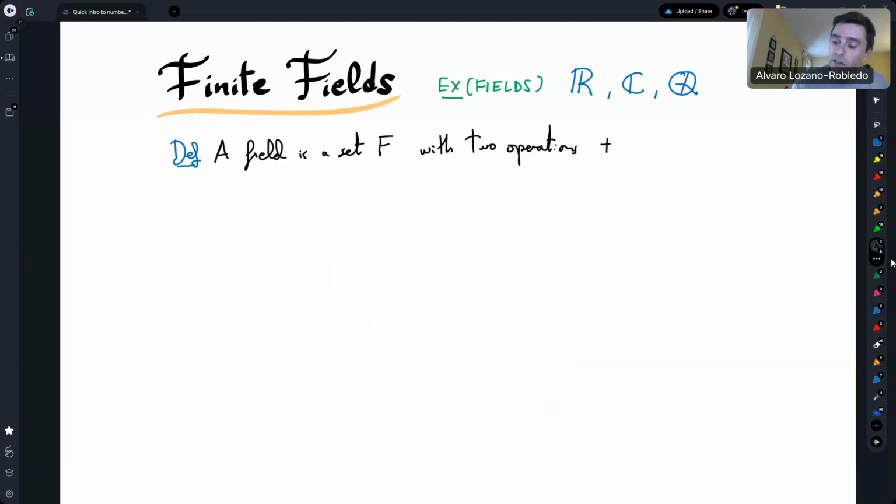Operations mean functions from F cross F to F. So for every two elements of F, say F1 and F2, it produces a new element in F. So the addition of two elements is supposed to be another element of F, and the product of two numbers is also an element of F, such that